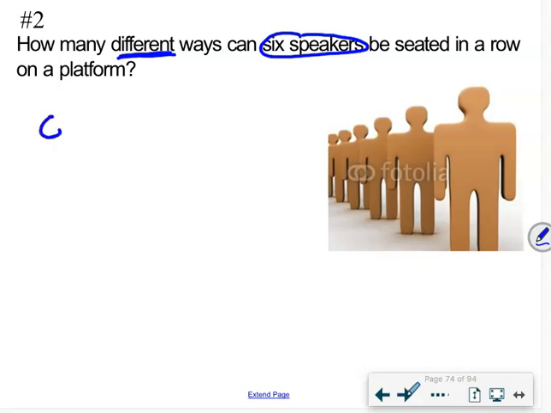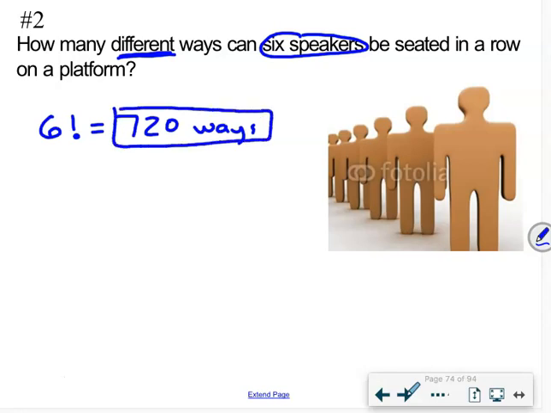All 6 speakers are going to get a spot, which means we are going to do 6 factorial. So that would be 6 with an exclamation point on this one. So that's 720 different ways that this can happen. Since everybody got a spot, all 6 people, we use 6 factorial, or it's like 6P6,